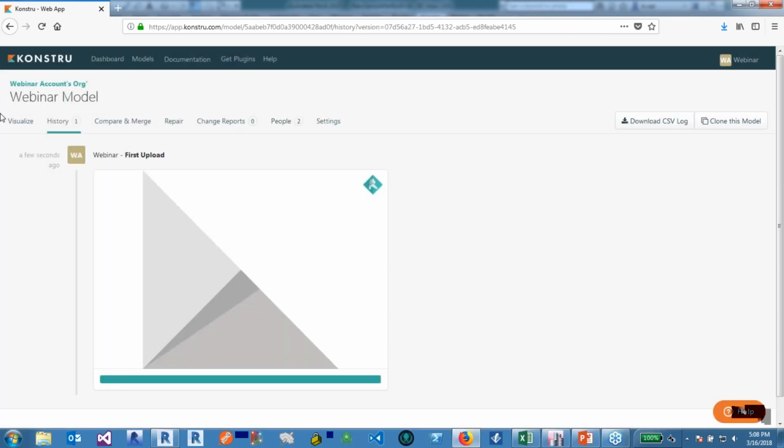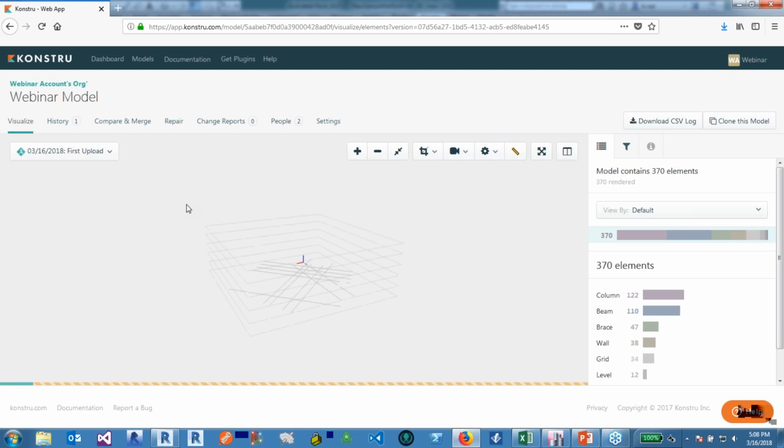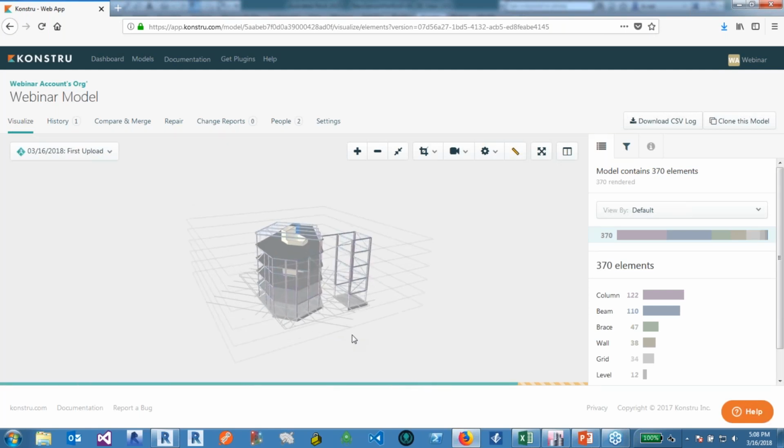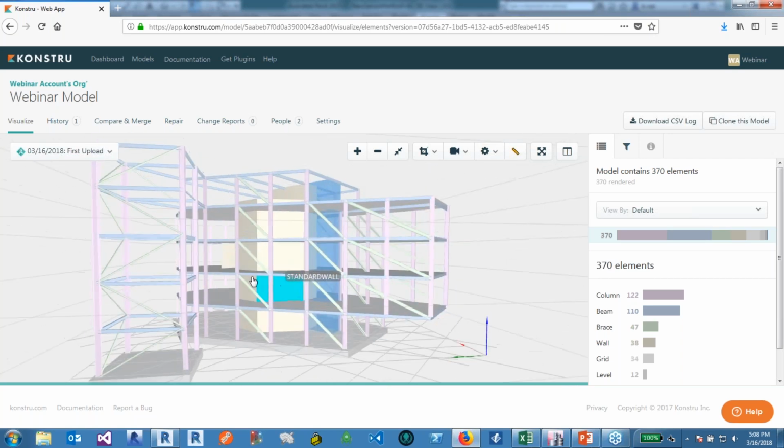Sometimes this gets stuck here, sorry about that. And now we're rendering the model. So this is actually the Revit model as you just saw it in Revit. And this is rendering, and now you can explore those elements, and those are all BIM elements like they are